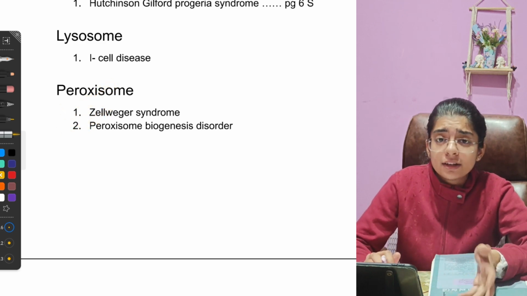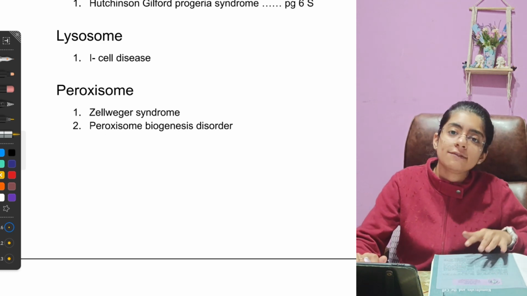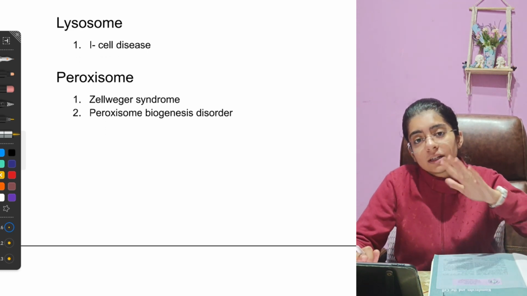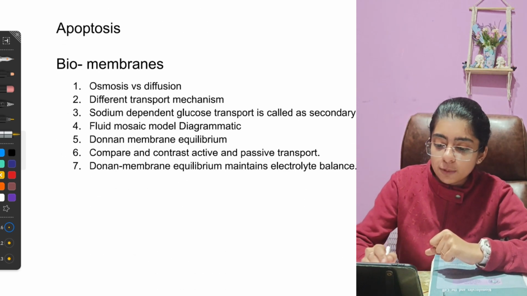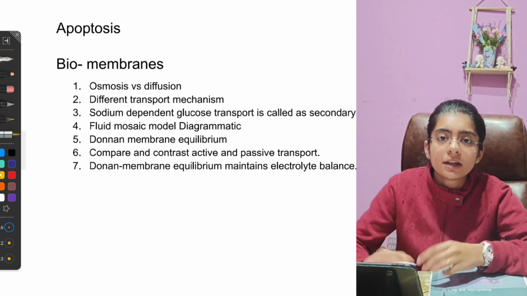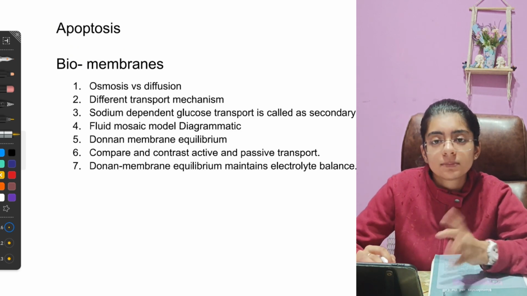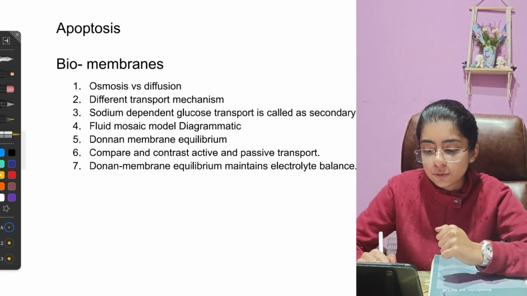It is possible that you don't find all these things in your first chapter itself in your books, because some of the things are given later in the chapters, but yes, they can be asked earlier. Next comes apoptosis, a very important topic. You will learn it in detail in second year, but if you learn the basics right here, that will be a scoring part for you.